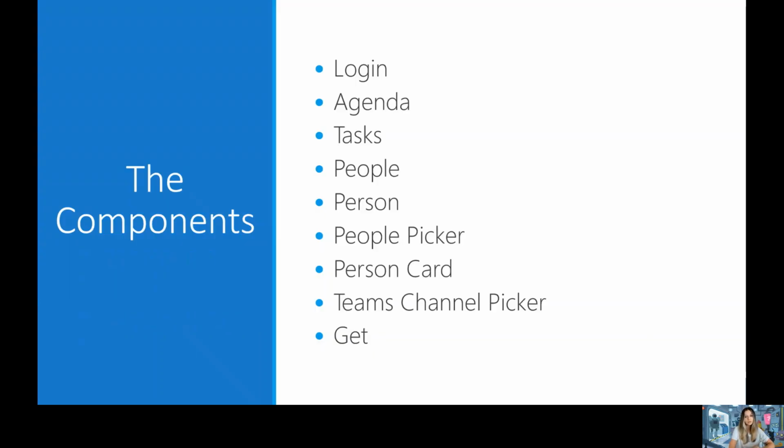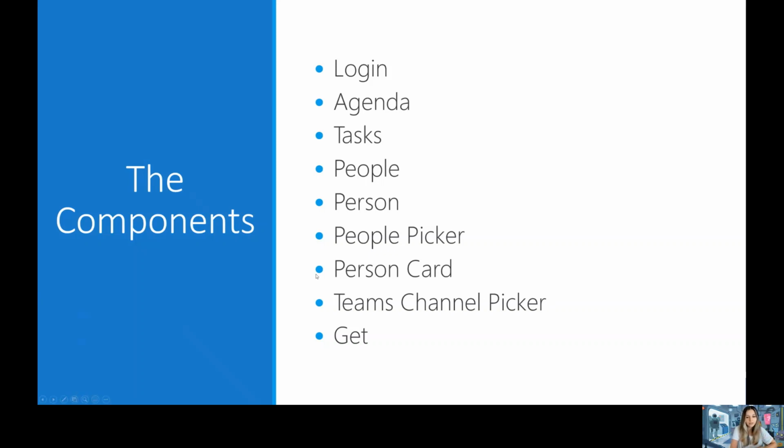Okay, so we just tried login and agenda components, but of course there are more. These are the listed components for now. We have tasks, people, person, and we have people picker, person card, teams, channel picker, and get. Get is usually, so if